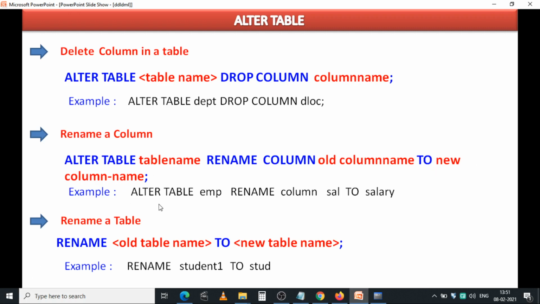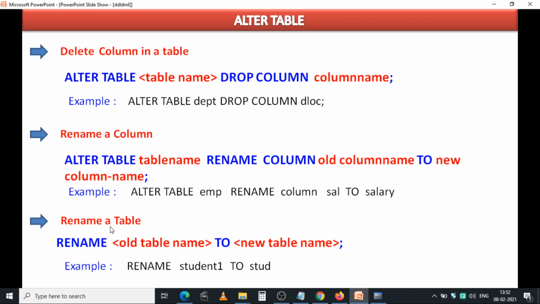Now I want to rename the SAL column to salary. So we write like this: alter table EMP rename column SAL to salary, where SAL is the old column name and salary is the new column name. Now the SAL column in the EMP table is renamed as salary.